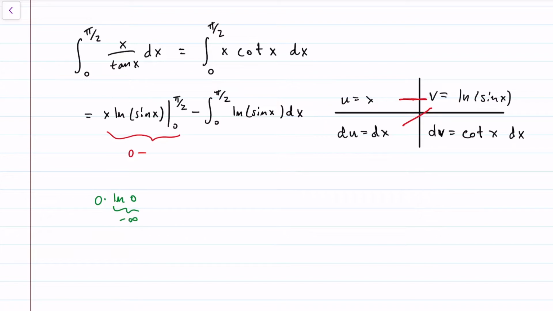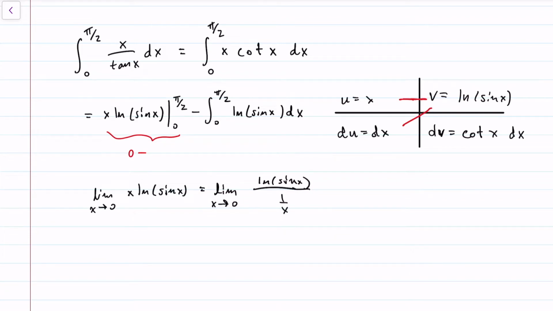So this is an indeterminate form, of course. And I'll reciprocate x to make that the case. So the limit as x goes to 0 of x ln of sine of x can be rewritten as the limit as x goes to 0 of ln of sine of x over the reciprocal of x. And this is, of course, of infinity over infinity form, so by L'Hopital's rule,